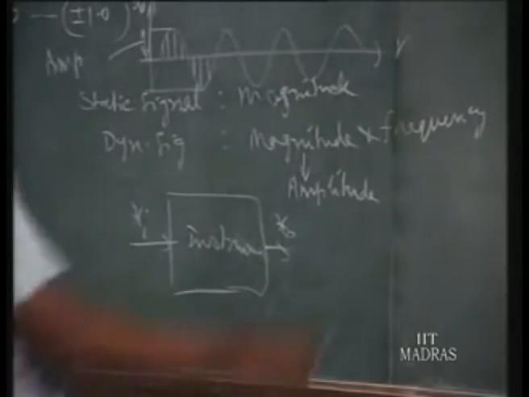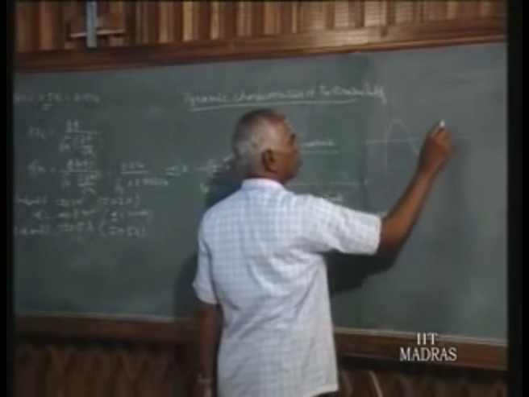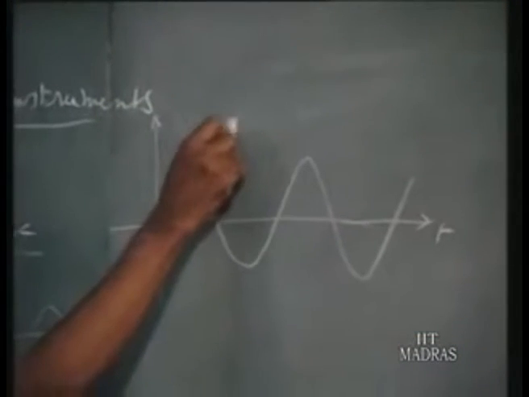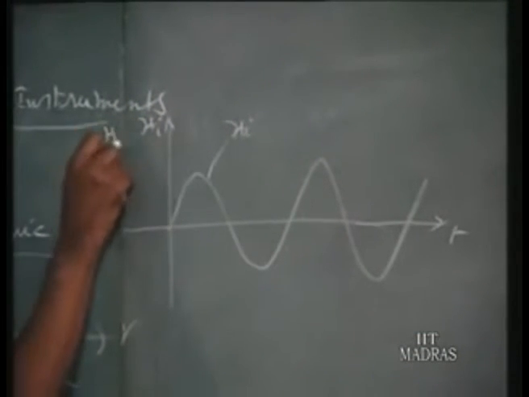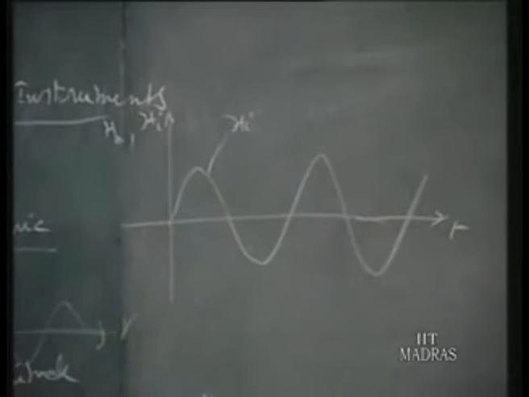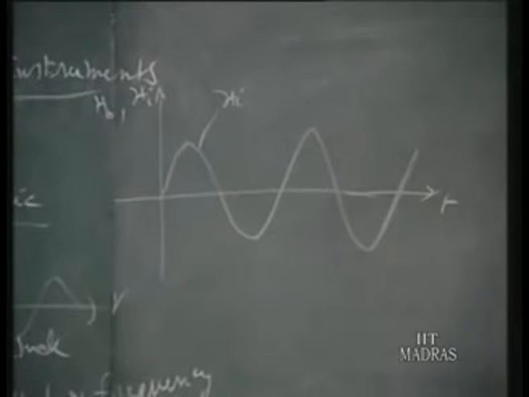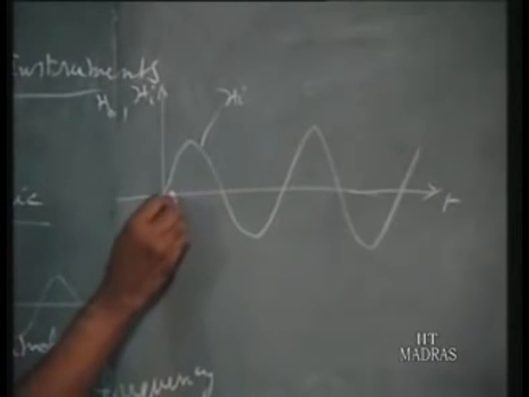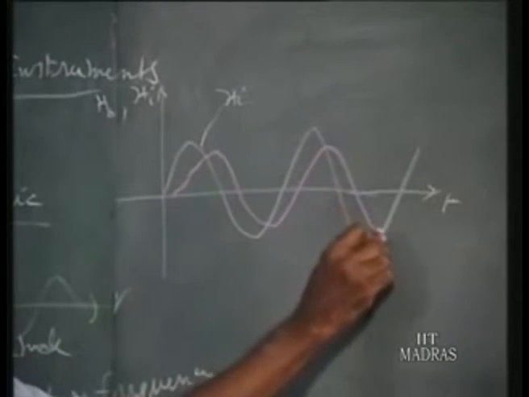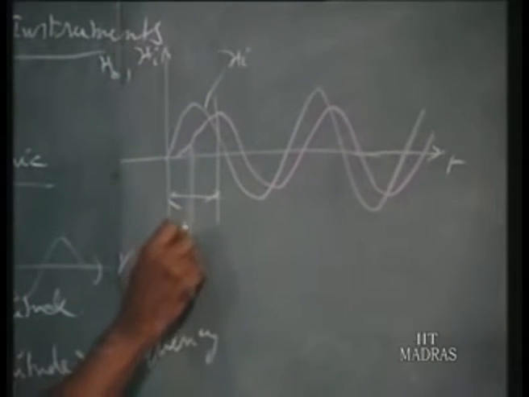Generally, suppose xi is a sinusoidal signal against t, and we plot xi and xo on the same axis. The xo will not be of the same shape, and it may not have the same amplitude. It may be a little less depending upon the frequency. So it will have some variations, and afterwards it settles. Up to here it is a transient. This is the transient region.